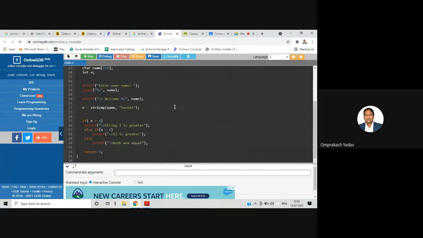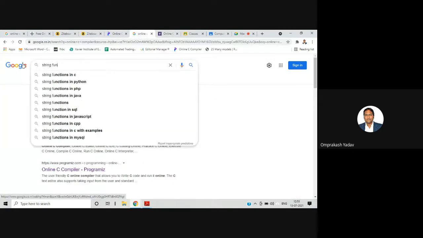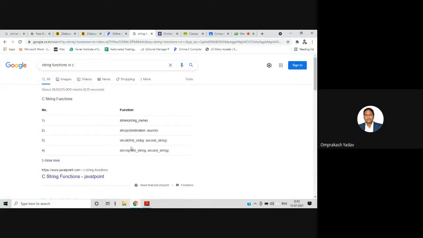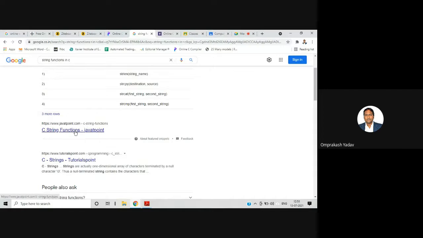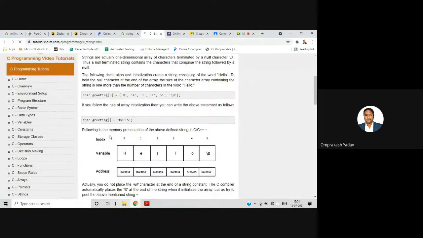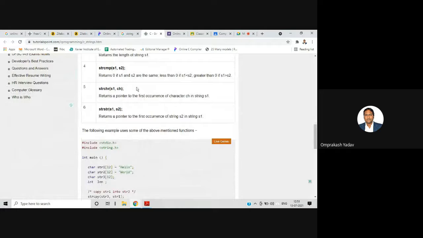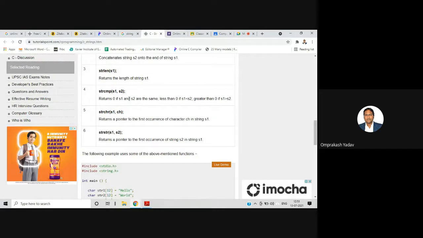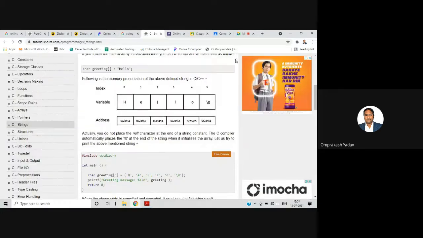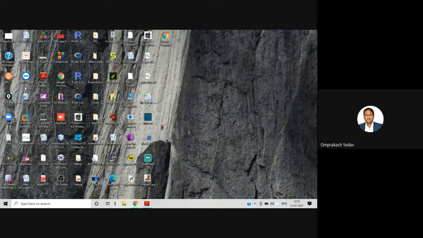Here also it's not identifying. To check string functions, okay, it's not showing, but there is one strcmpi function. Let's see on the Turbo.